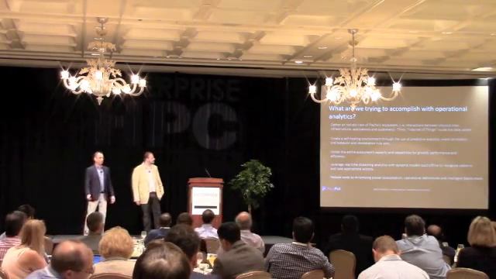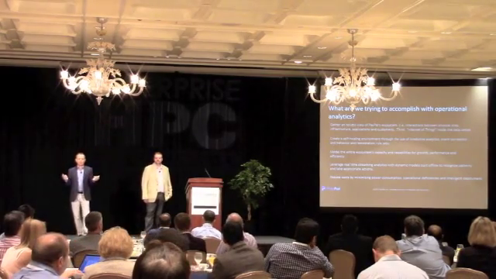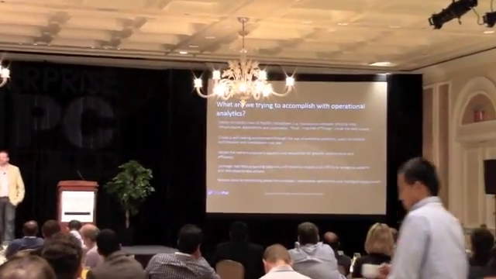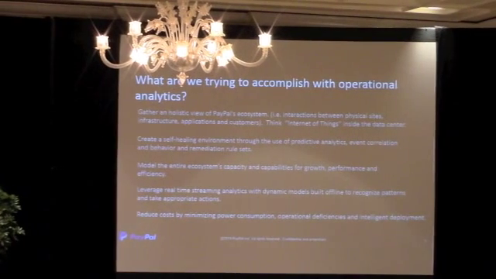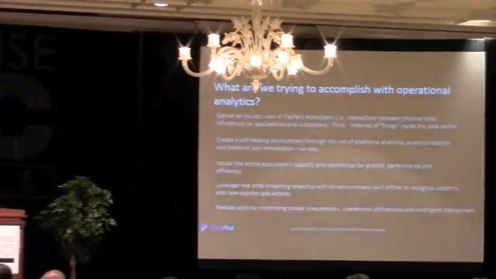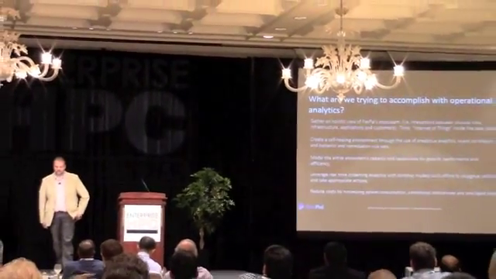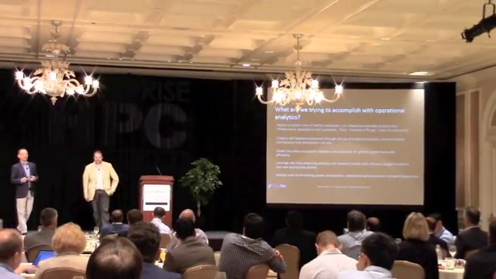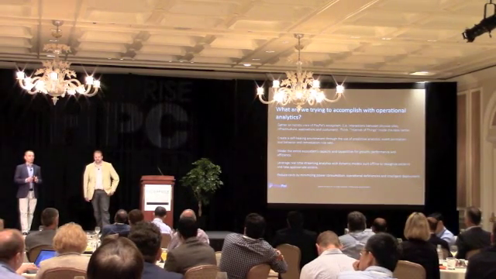So what are we trying to accomplish here? Well, we wanted to gather, obviously, all the data we could and understand what the PayPal system was doing. We wanted to understand its capabilities. We wanted to understand its capacities. We also wanted to create a self-healing system where if we do notice a problem, it takes care of itself so that humans don't have to interact with that. Because when you get humans interacting, it takes a longer time for the fix to be done than a computer actually fixing it. We wanted to understand the capacity so that we can model for growth and performance. And we wanted to leverage everything we learned from the fraud detection real-time streaming and apply it into the model for the data center.